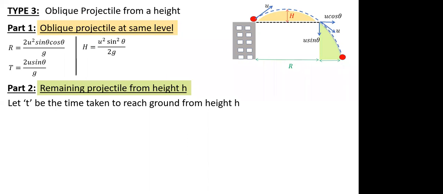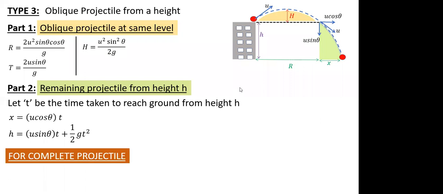So this will be the horizontal distance which will be further covered due to the continuation of the projectile. So directly x I can write as u cos theta into t, where small t is nothing but the time it takes from this point to this point. Then for the height h, the vertical displacement which it has to cover, that will be u sin theta t plus half g t square, because the initial velocity is u sin theta, displacement is h, it is coming down, so it is positive g, and time I took as small t. Second motion equation.